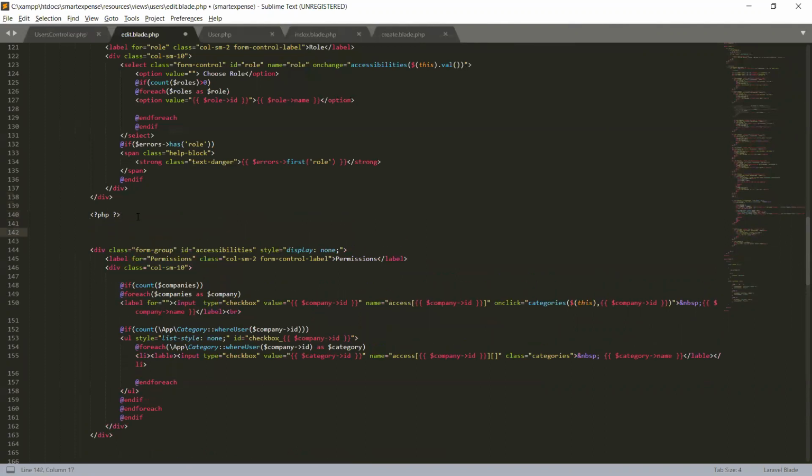and also another script. In this script, we will create a variable display, which is by default an empty string. And here we will set an if condition.